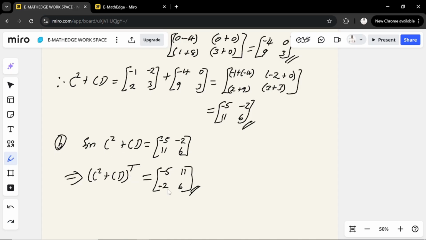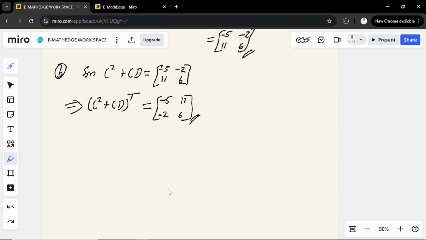So the next thing we are going to do is to find this, C transpose added to C² transpose, and we are going to compare it with this. So let's go ahead and do that. Therefore, to obtain D transpose multiplying C transpose plus C² transpose,